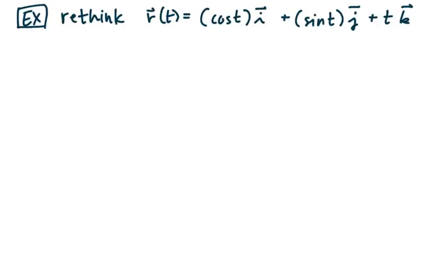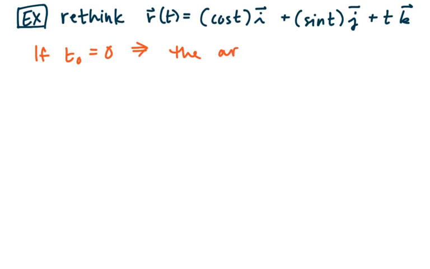So for this next example, we're going to rethink that r of t that we initially looked at at the start of this video: cosine t i plus sine t j plus t k. We can find the arc length parametrization of the curve. I think I got it right that time. I struggle with that word. All right, so what we're going to do in this example is say, well, if t naught equals 0,